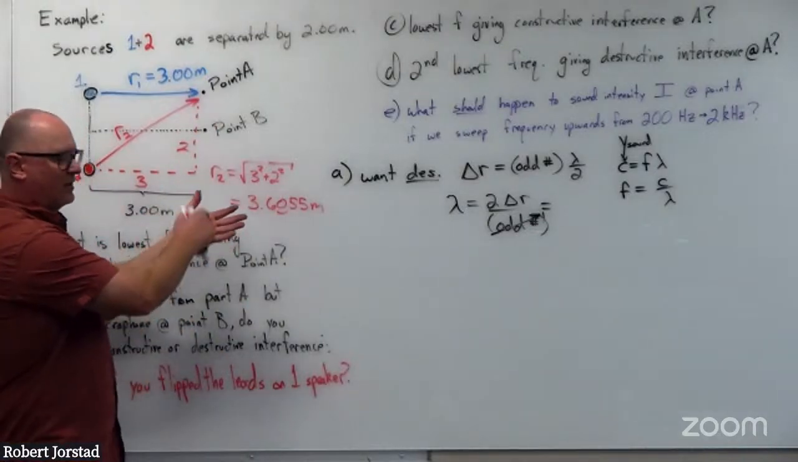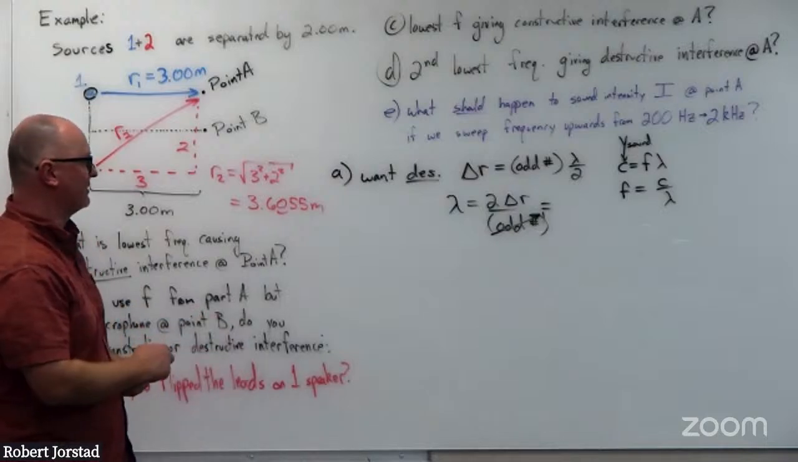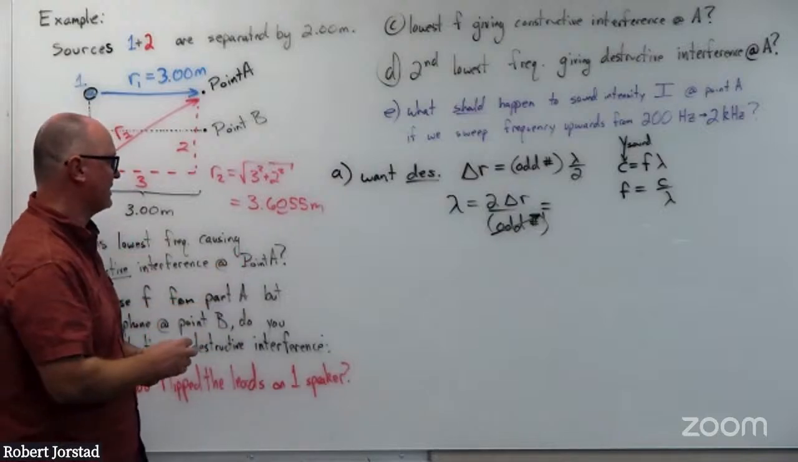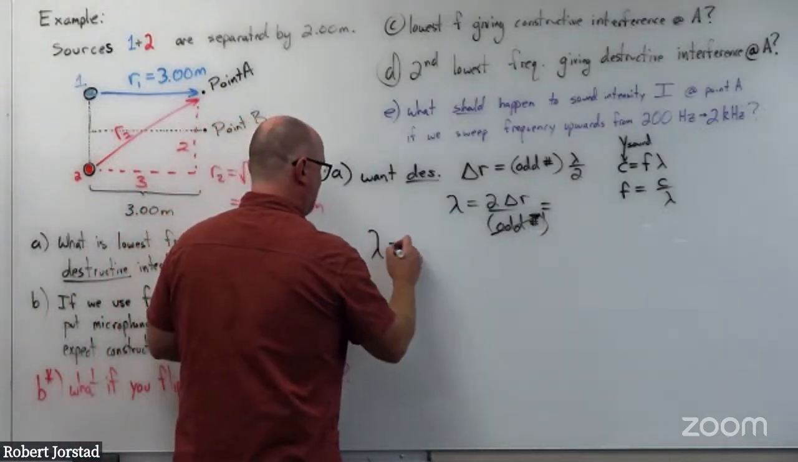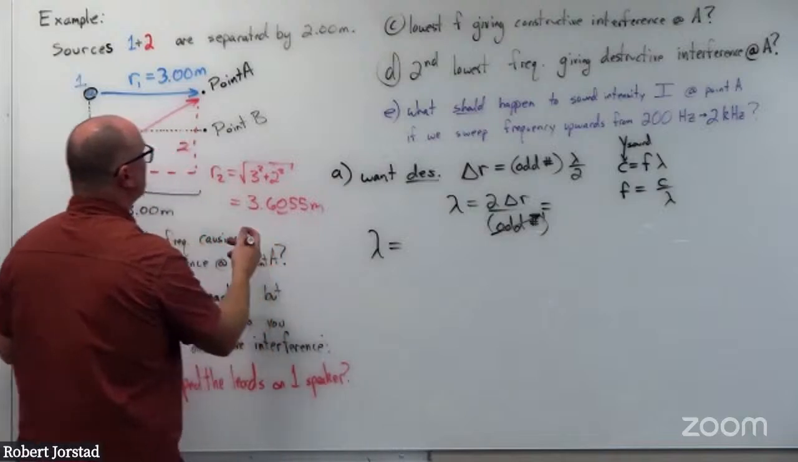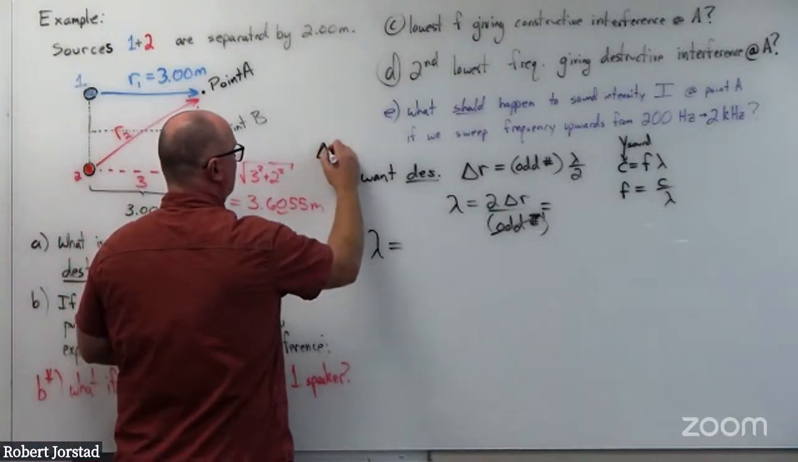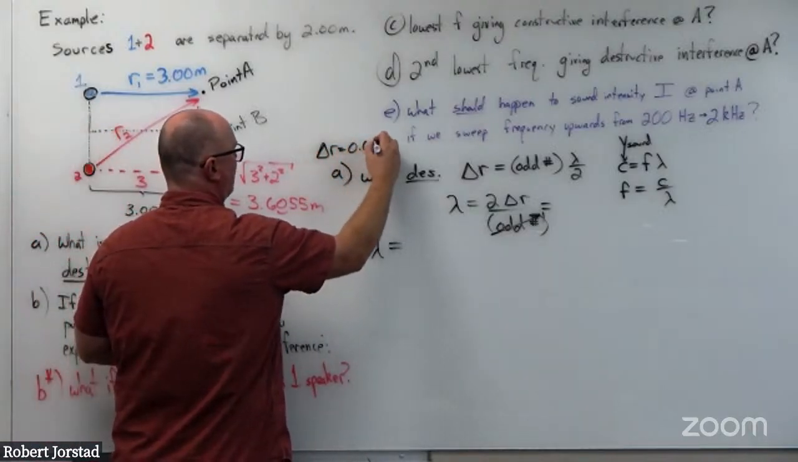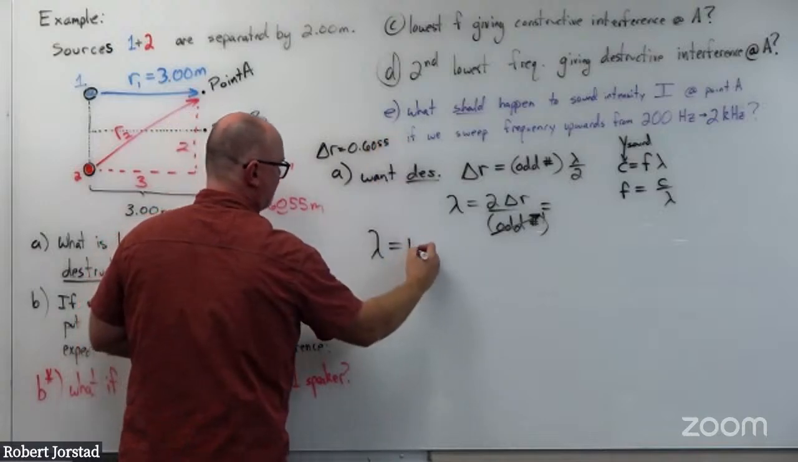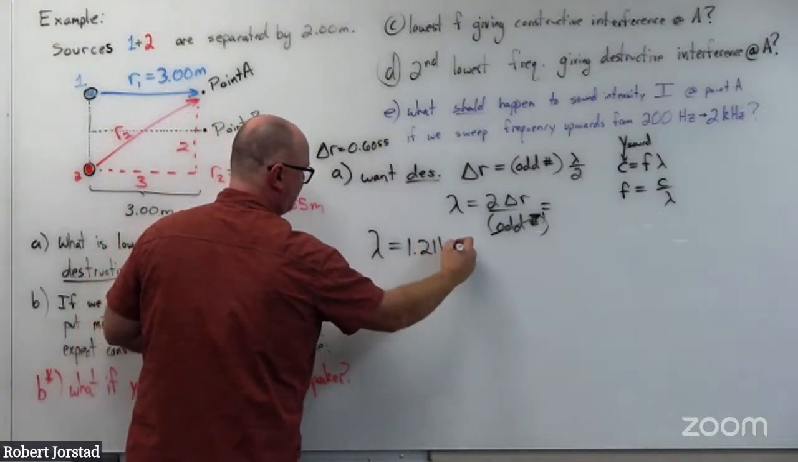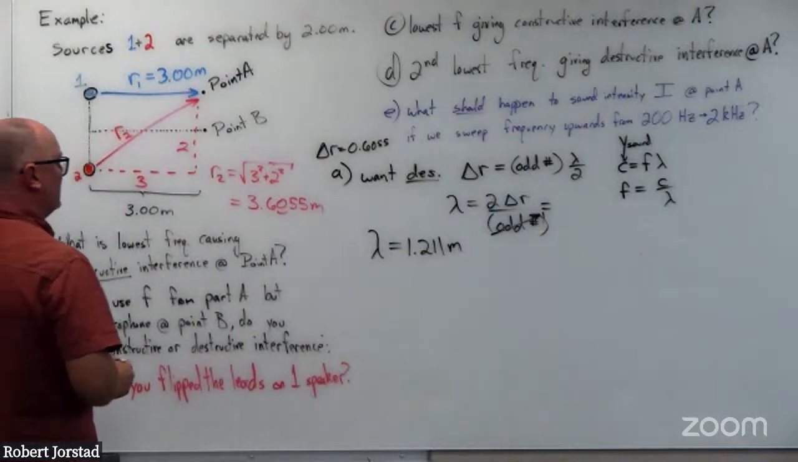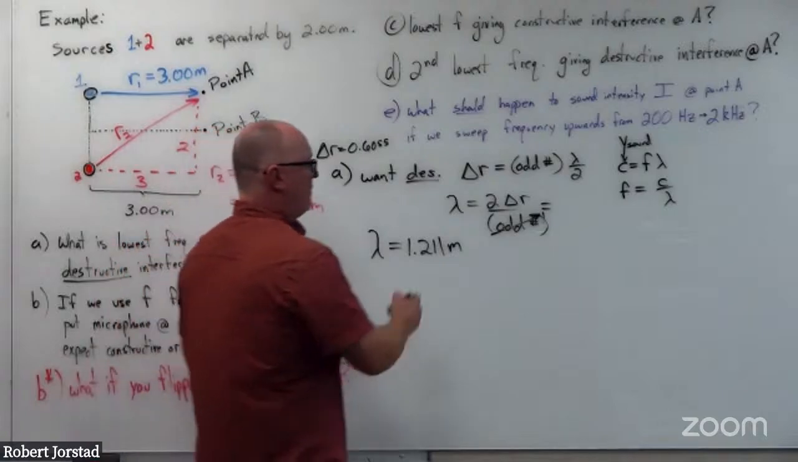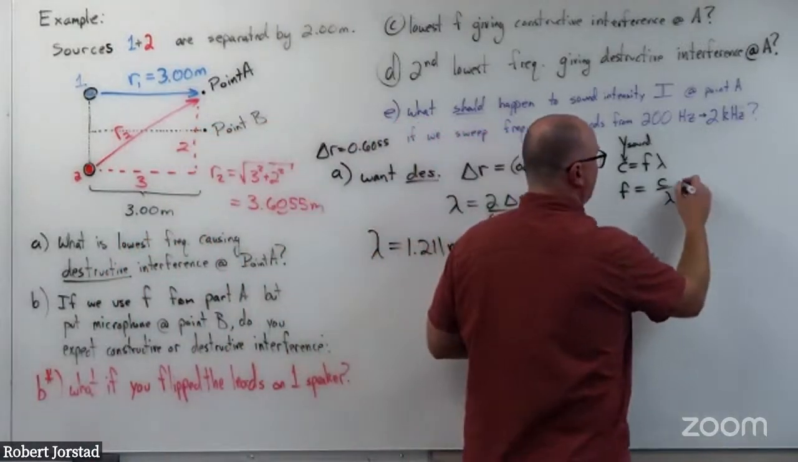Obviously, you could use stored values in your calculator, and that's a nice way to do it, or use an Excel spreadsheet, which does the same thing. But after this, if you do the math on this, lambda equals, delta R would be 0.6055. So lambda ends up being 1.211 meters. I think something like that. All right. So then if we plug that into this relationship, F ends up being,